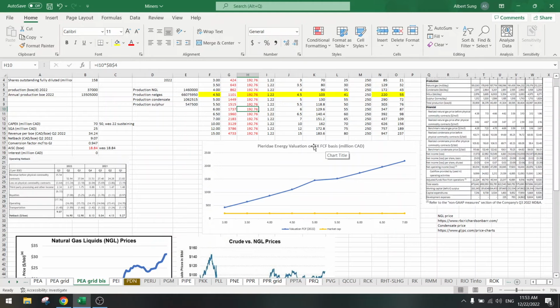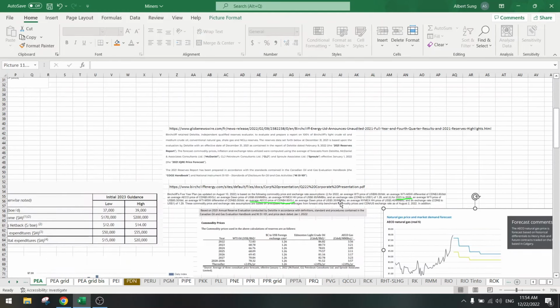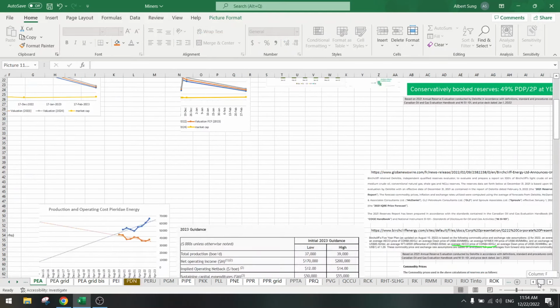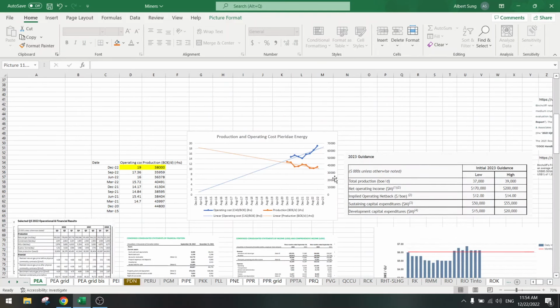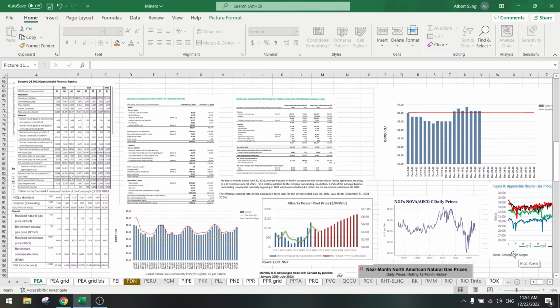If this goes even higher, 6-7 times free cash flow, then it will go to multi-billion dollars. So I think the prospects of the future is looking very good for this company. And don't forget, when they pay off all the debt, they are going to start drilling and increasing production. Production is currently below 40,000, but it was at 50,000. So they can increase production, start drilling,